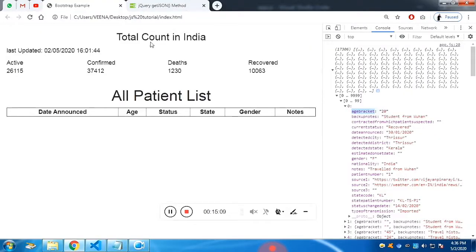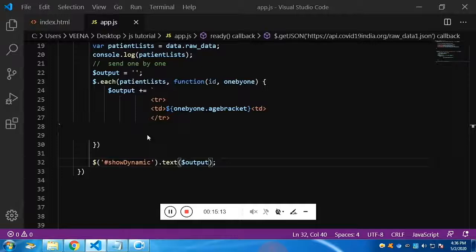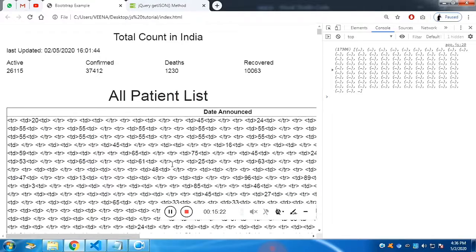Instead of text, we need to give the function html. Yes, change it to html. As I said, the API has so many values, so it will take most of the time. Let's wait and see.